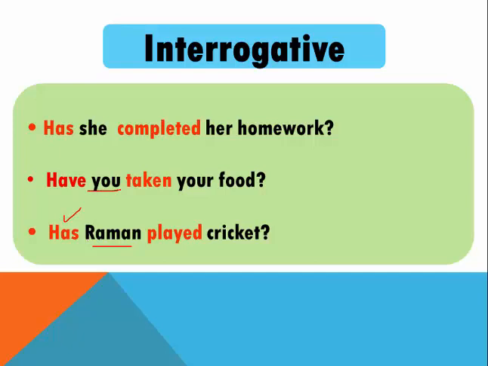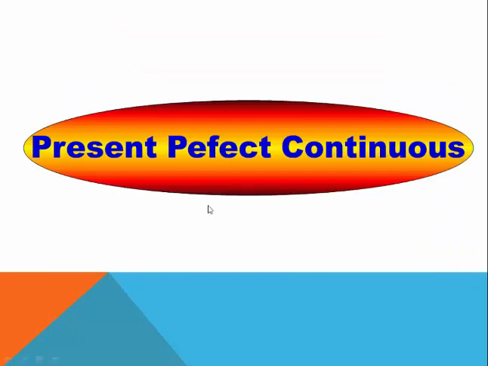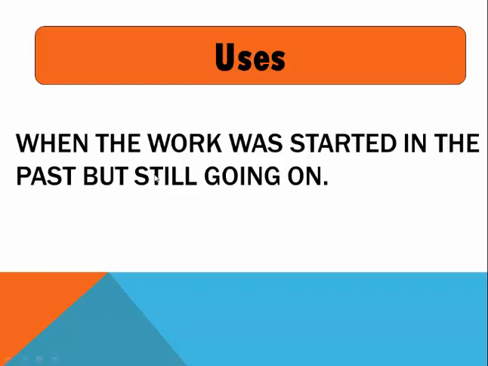It can be plural and singular, but it comes in case one, so it's "have." Again singular, case two, so "has." Third form, third form, third form. So that is the interrogative. Now next is the present perfect continuous tense. It is used when the work was started in the past but